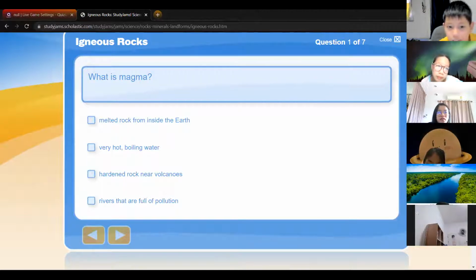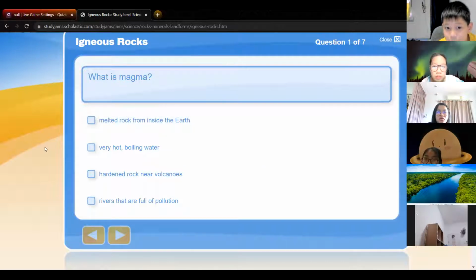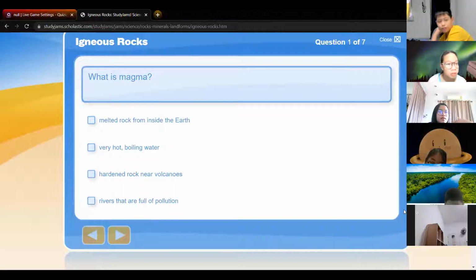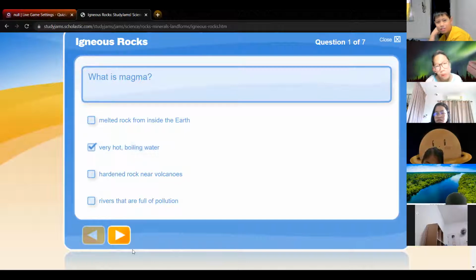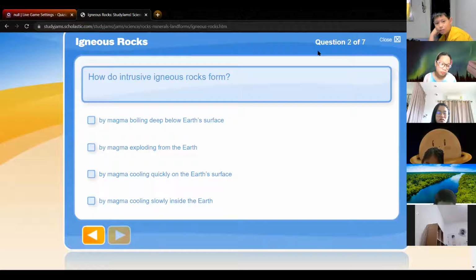Teacher, I can answer it. You cannot see? Oh, wait, sorry. I can. Okay, here. What is a magma? Go ahead. Very hot boiling water. Very hot boiling water, lah. A magma is a water, lah. Are you sure? Magma is water? Okay, so if that's your answer, let's see. I will ask